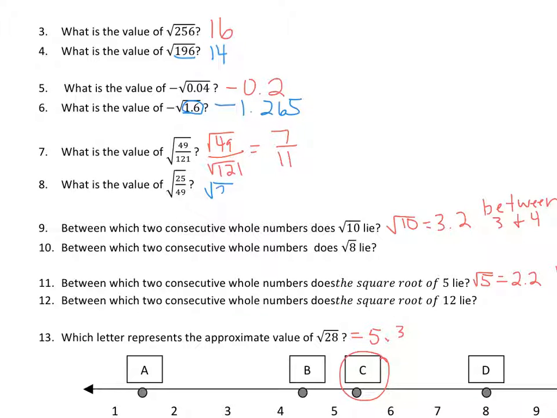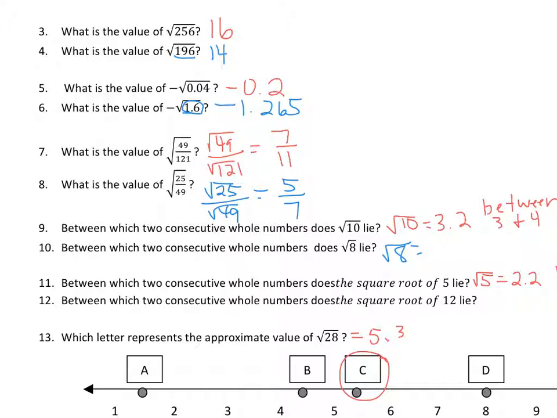of 25 and the square root of 49, which is 5/7. Now when you're taking square roots of irrational numbers, like the square root of 8,